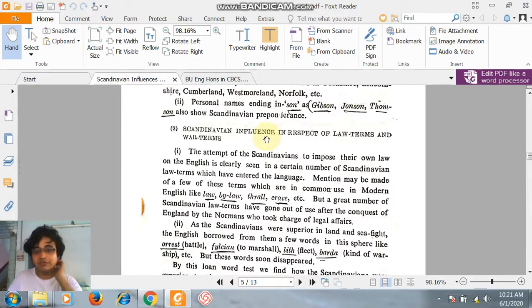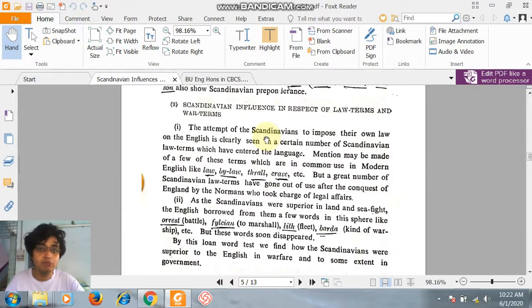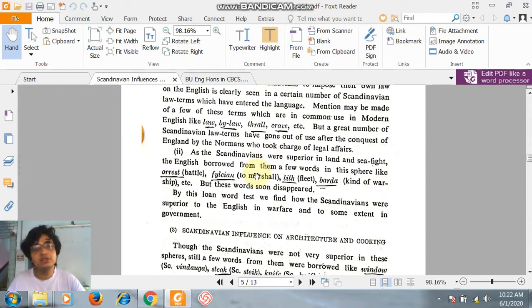Now, Scandinavian influence in respect of the law terms and the war terms. Basically, Vikings were a war race. তারা বেসিক্যালি যুদ্ধের মাধ্যমে ল্যান্ডগুলো দখল করছিল, তারা যুদ্ধের মাধ্যমে জমি দখলের জন্য স্ক্যান্ডিনেভিয়া থেকে, নরওয়ে, সুইডেন, ডেনমার্ক থেকে ইংল্যান্ডে এসেছিল। ফলে ন্যাচারালি প্রচুর terms that actually end with law, by-law, thrall, crave, relating to war, স্ক্যান্ডিনেভিয়ান ভোক্যাবুলারি থেকে ইংলিশে borrowed হয়।